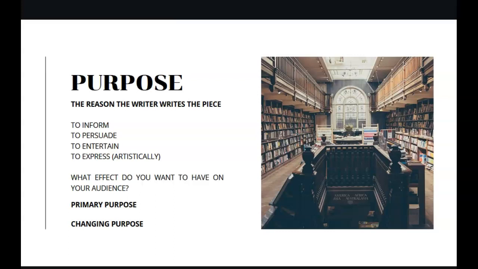But as you're sitting down to write, if you can identify those very broad purposes and then hone in and become more specific about your purpose for writing, it's better for you, I think. You also want to think about what effect you want to have on your audience. How much do you want to inform or persuade and so forth? You may also have a primary purpose, the one you have up front, where you're really thinking, okay, this is what I want to get across. But over time, you may find that your purpose changes, just as your audience can change, and that's okay. That's very normal for that to happen too.